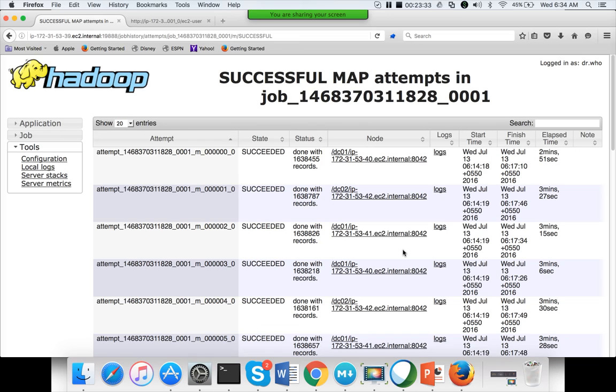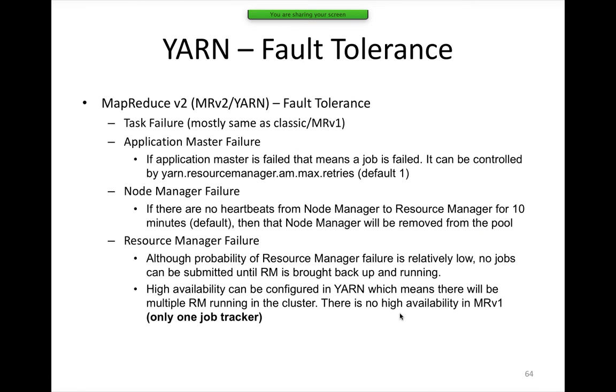So it can compromise data locality when it tries to fail over. It will retry 4 times, and after 4 times also, if it fails, that means it will assume that it is due to some bug in the code and it will give up. Typically this retry mechanism is primarily to overcome the hardware failures, not the bugs in the code.